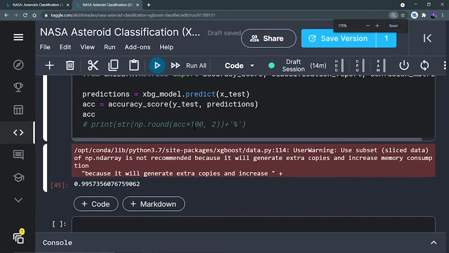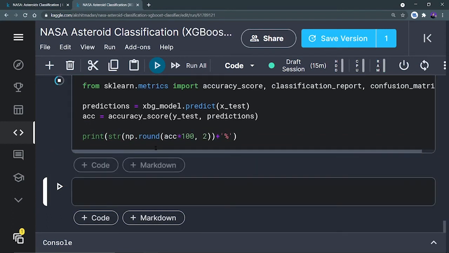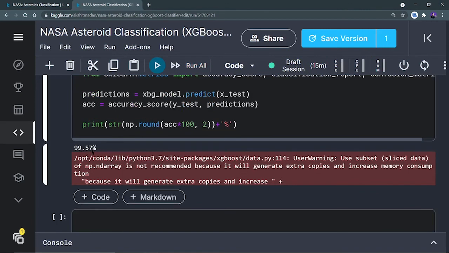Let me increase the font. Yes, so ACC into 100, that means 99.5. Now np.round comma 2, that means I want to take only up to two decimal places, and after this I'm going to convert everything into a string, and I'm going to put a percentage sign. Let me remove this and let's print this statement only. Yes, so 99.57%.